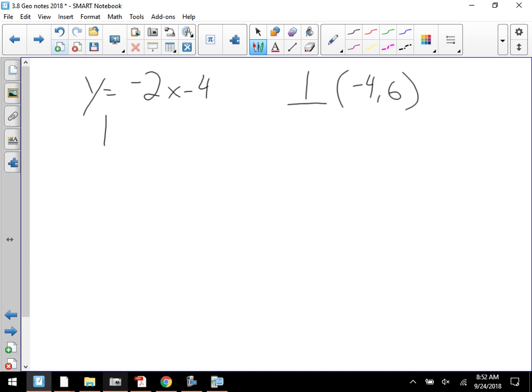Very first step. What's the original slope? What's the slope of this equation? -2. Okay. Second step, is it a parallel slope problem or is it a perpendicular slope problem? It's perpendicular. Good. If it's perpendicular, what's perpendicular to -2? 1/2. Very good. Perpendicular slope is just 1/2. It's the opposite reciprocal. And thirdly,